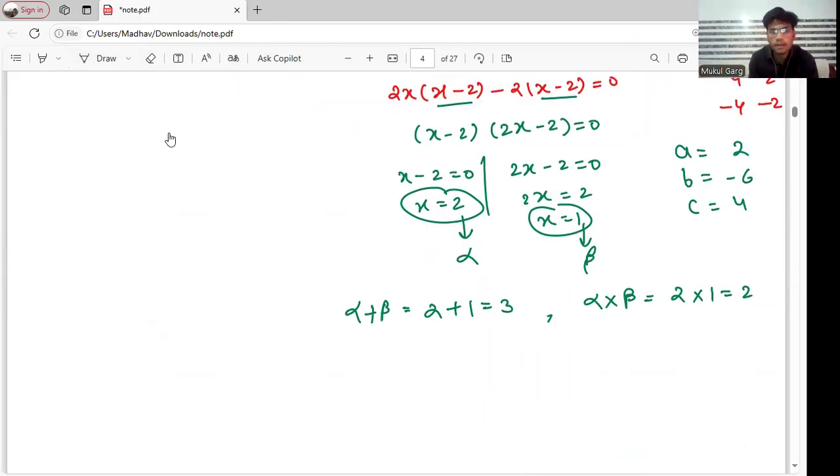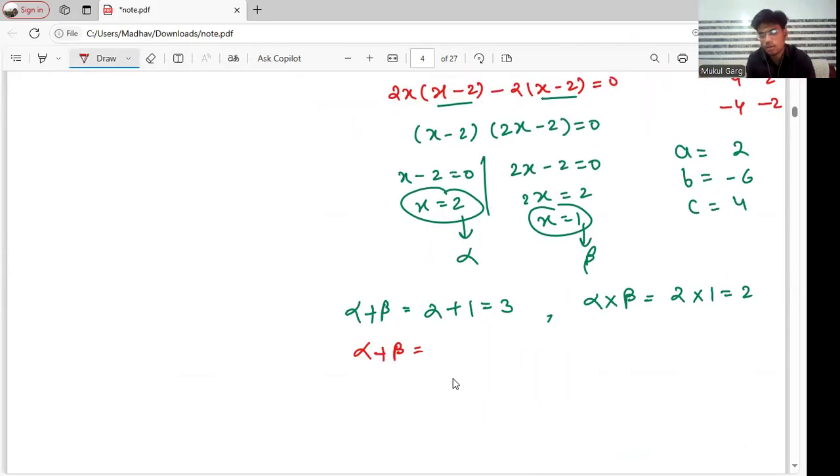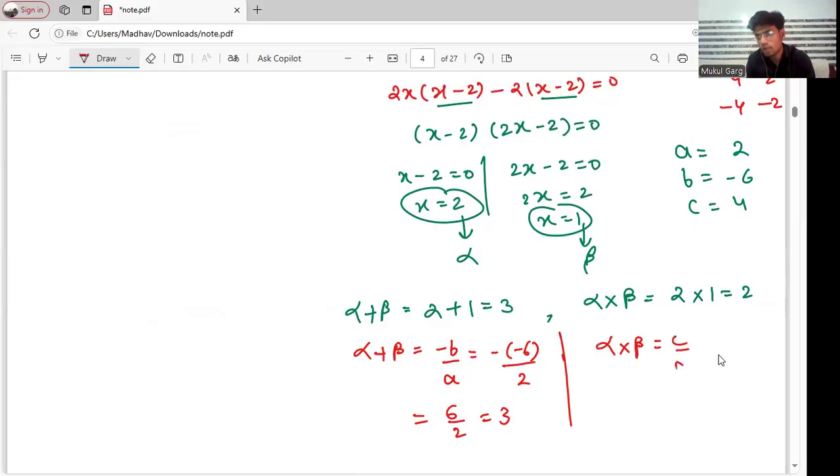So now by the relationship we know alpha plus beta should be equals to -b/a. तो माइनस ऑफ b कितना है, माइनस के 6 डिवाइडेड बाय a 2, तो 6/2 that should be equals to 3. And alpha into beta, that should be what, c/a. c कितना है 4, a कितना है 2, so that should be equal to 2. So you can clearly see डायरेक्ट मेथड से भी सेम और रिलेशनशिप से भी सेम।